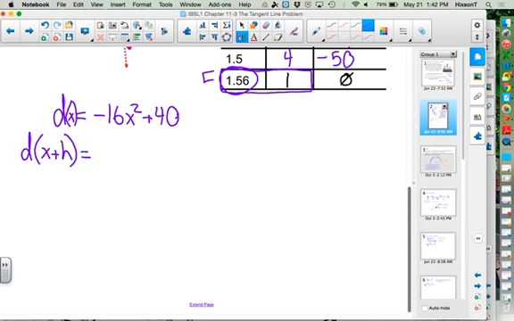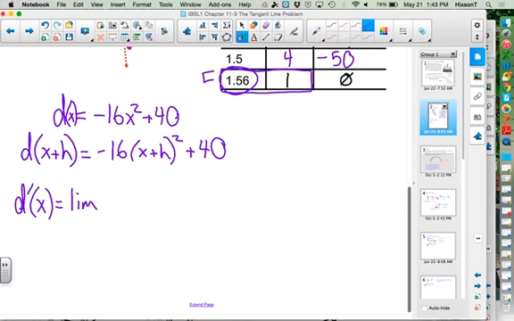How would I find that? How do you evaluate a function? Well, negative 16 times x plus h squared plus 40, right? Now, using our definition, the derivative of d, so d prime of x, we'll call it, is